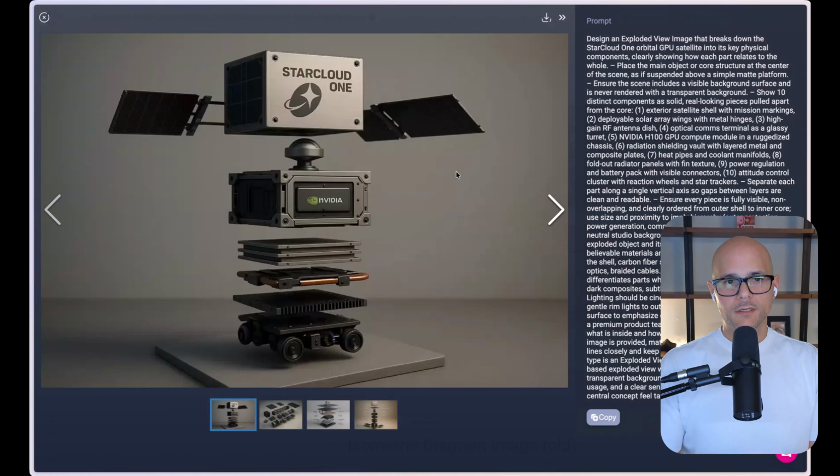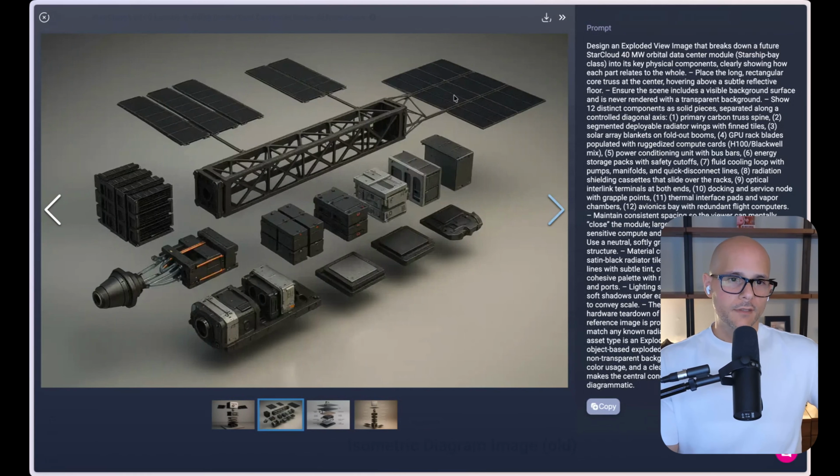Here's another one that's showing you the NVIDIA chips, the satellite, what it looks like. It's kind of an explosion view of what these things would look like. And here we go. Look at this, right? There's an exploded view of StarCloud 40 megawatt orbital data center module. So essentially the Starship Bay class into its key physical components, clearly showing each part and how it relates to the whole. So if you ever wanted to understand how these satellites work and you wanted to create an explosion view,